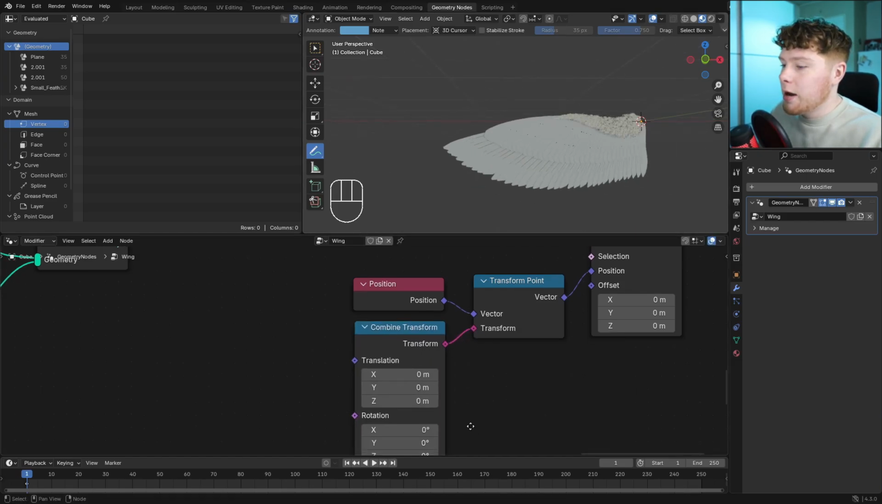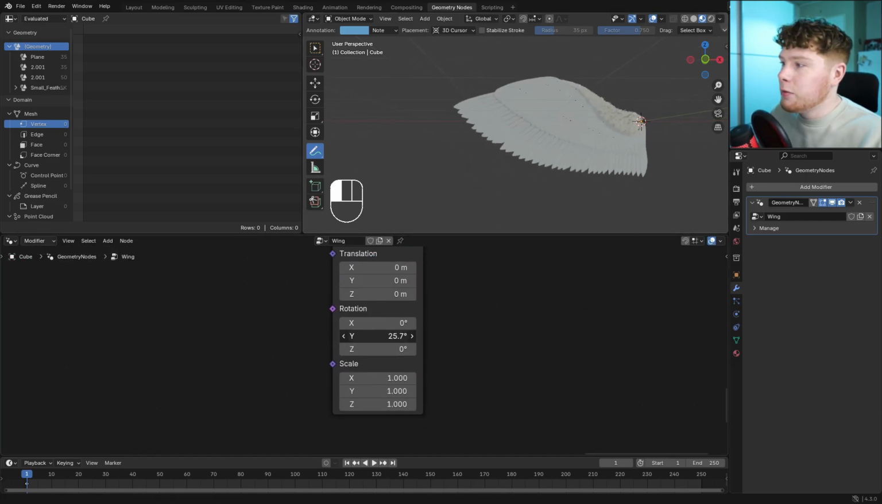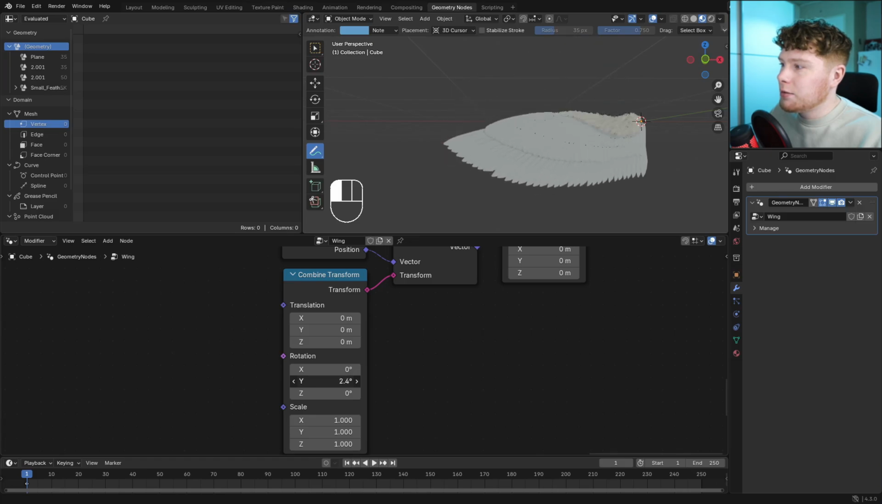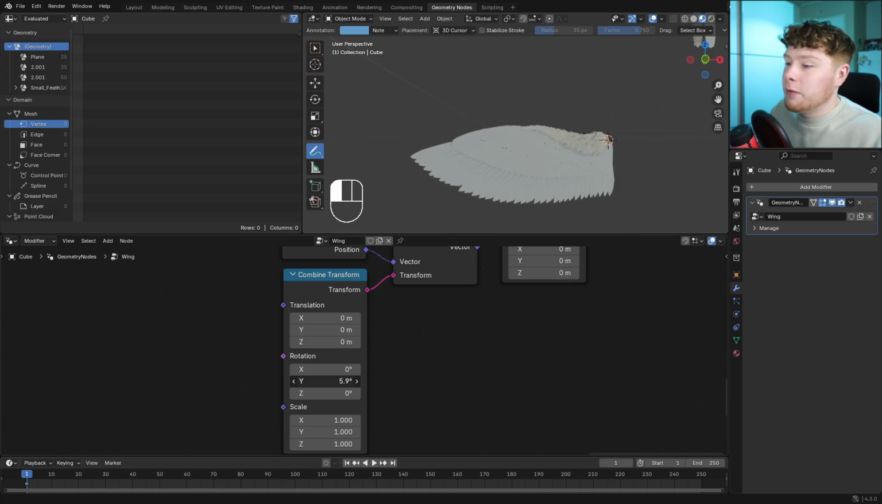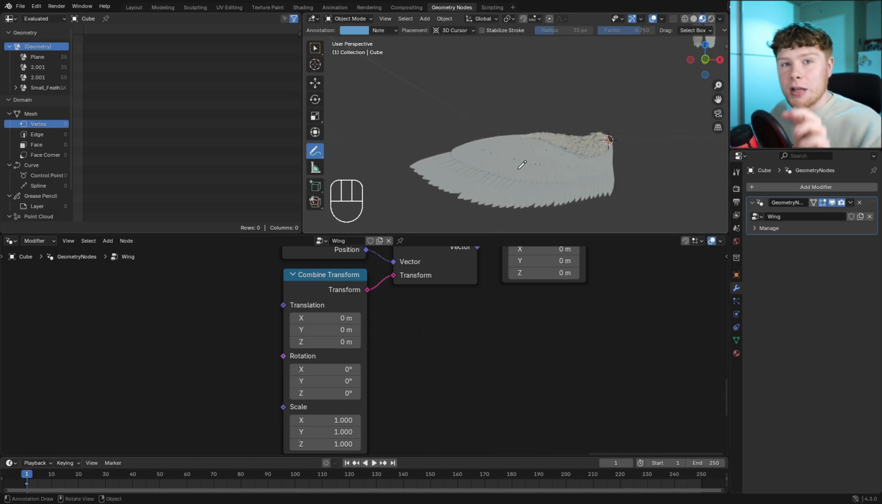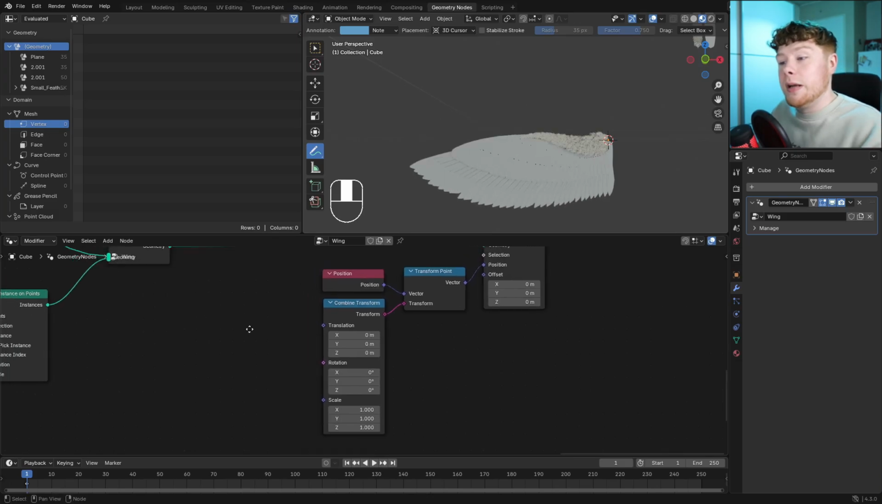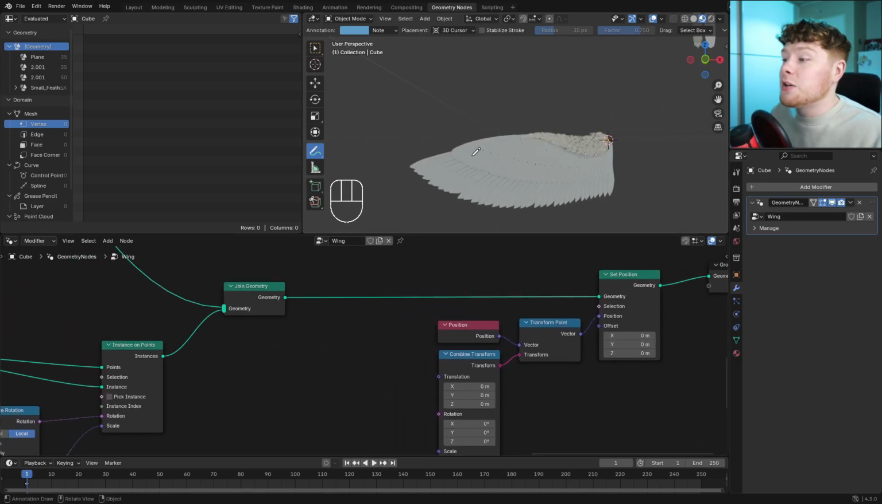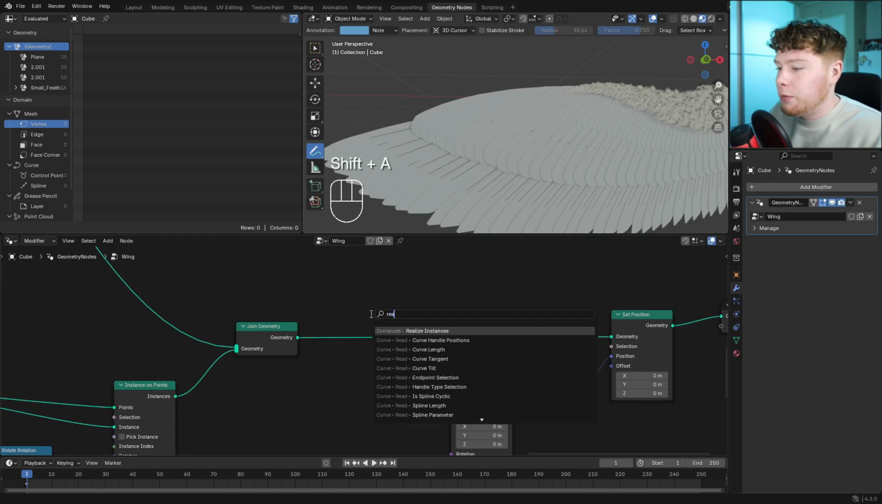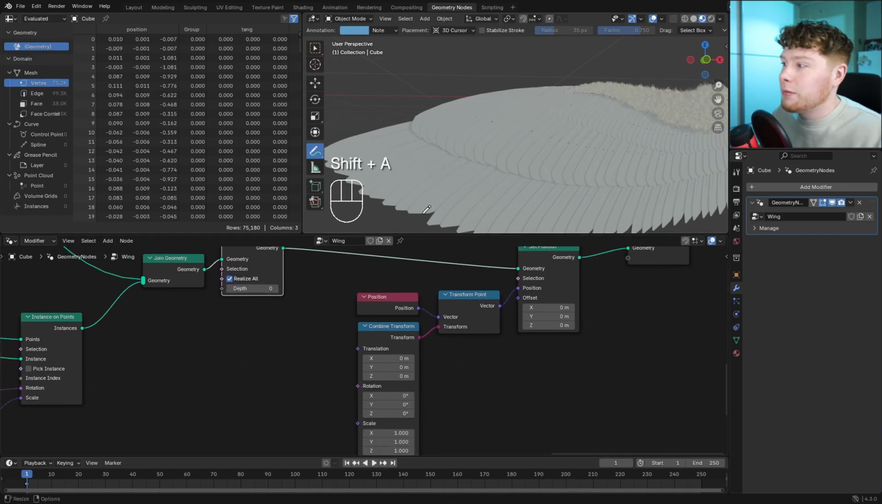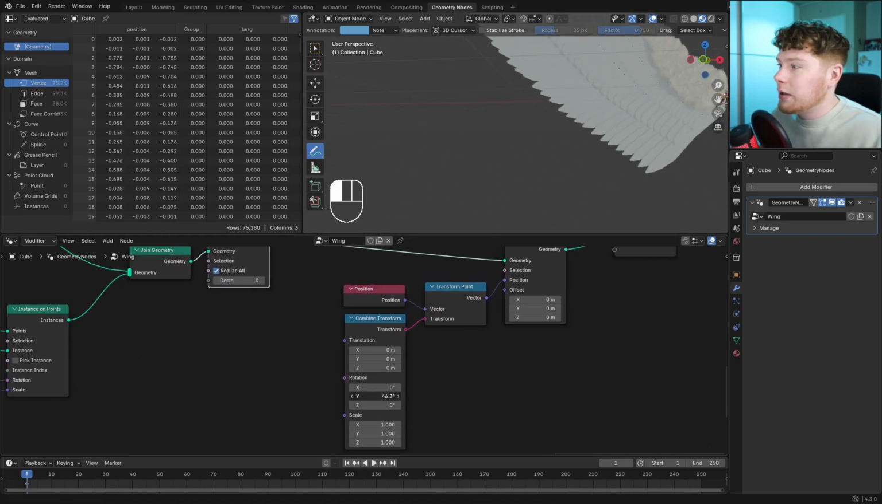Connect that over here. And now you will see if you move it, yeah, this is not really what we would expect it to do. What we would expect is that when we rotate this over the y-axis, the entire thing just as a whole rotates over the y-axis and not in the way that it's doing now. The reason why it's doing this is because these are all still instances and not real objects. So if we do a realize instances node right over there, then you will see it is actually rotating it